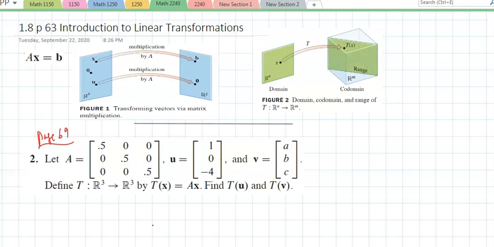Alright, section 1.8 is on page 63, talks about introduction to linear transformation. Transformation is really, I'll show you a couple of examples how to transform one image into another. Linear is a special type of transformation. So, AX equal B is a transformation. You're taking matrix A, multiplying that by vector X, and you're getting a vector. So, if you multiply by AX equal B,